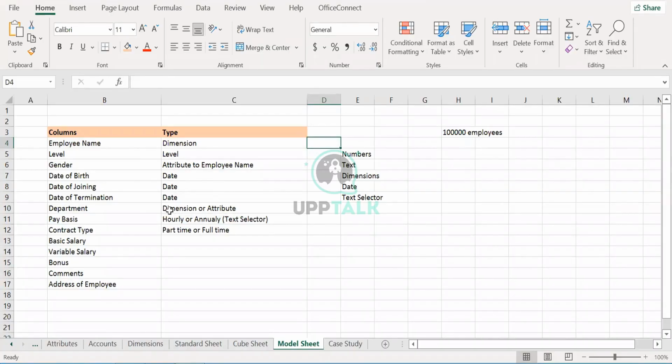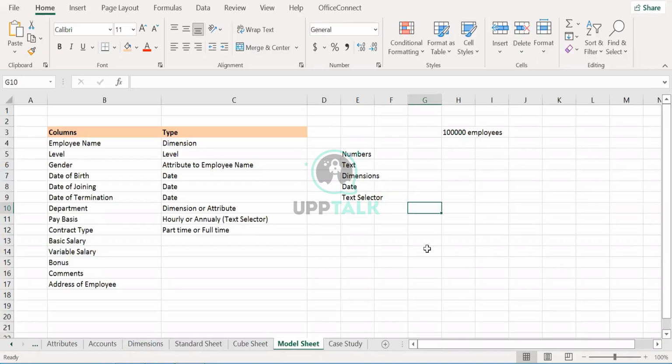Suppose you belong to the finance team, but after 6 months you are going to be shifted to some other department. Your planning will change. The department planning will also change. If they want to do department-wise planning, every company functions in a different way.